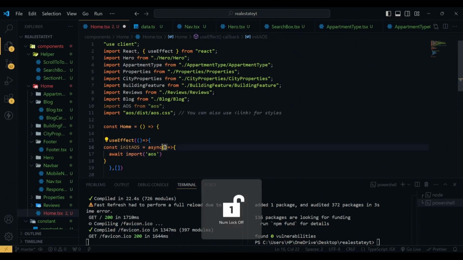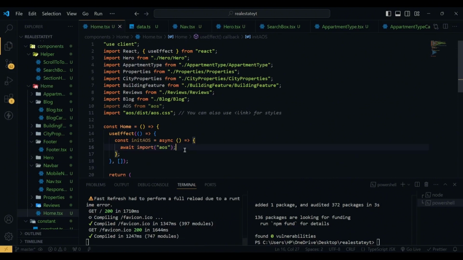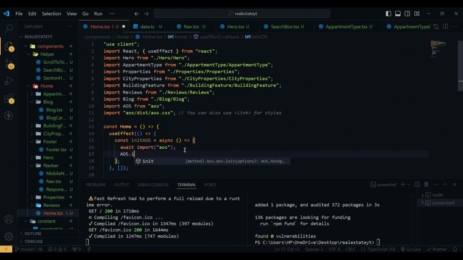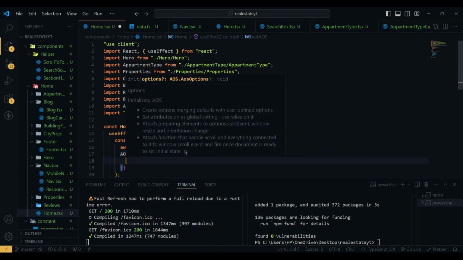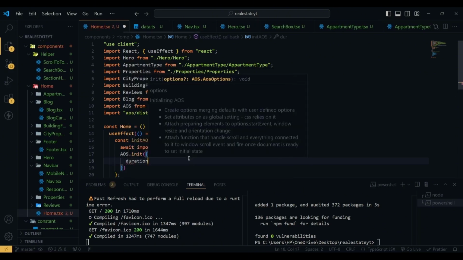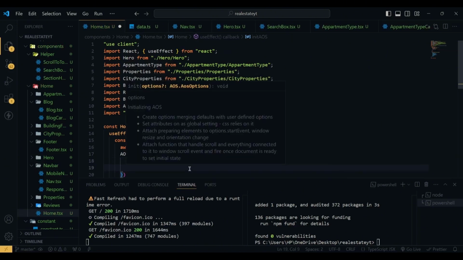So after this we have AOS.init. We are going to initialize AOS and pass some properties. The first one we pass here is duration. The duration will be 1000 milliseconds, meaning 1 second,